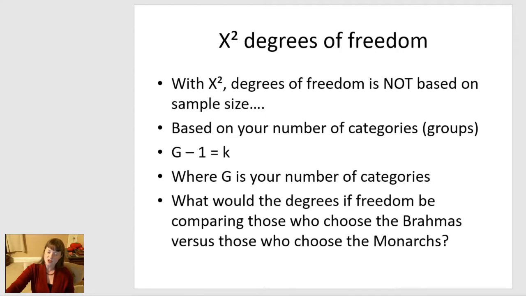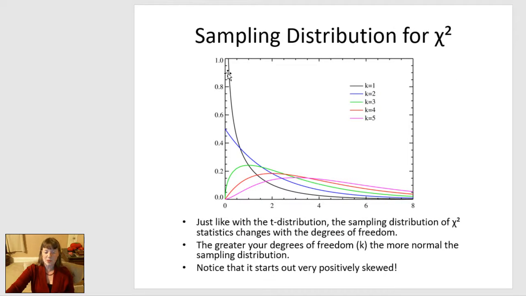That is going to be your degrees of freedom in a chi-square goodness of fit test. So in our example of Brahmas versus monarchs, because there are 2 groups, our degrees of freedom equals 1. And so we would be using a sampling distribution that looks like this black one to then look up our critical value. So then we would choose an alpha of 0.05,